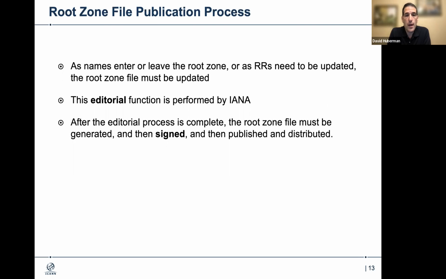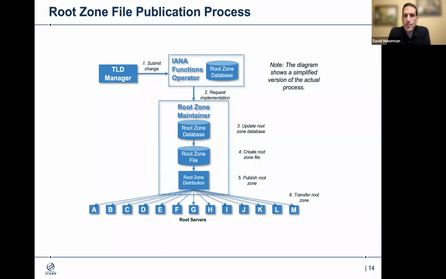So we go through, I'll show you the editorial process on the next page, but once we've completed it, the root zone file has to be generated and signed and published for the world to see. So here's a simplified version of what that looks like, okay? Let's say you are a TLD manager for .foo, and you need to change your name servers that are authoritative for your TLD. So you submit that change to ICANN via the IANA function,